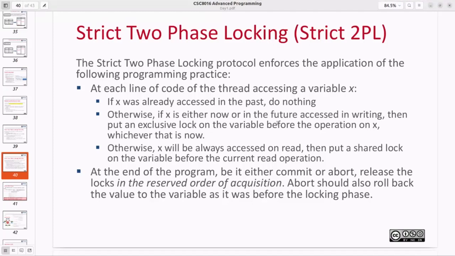So it's going to be basically an extension of that. You're not required to achieve a fine-grained solution across the variables. So strictly speaking, the strict two-phase protocol is doing that on all the variables,